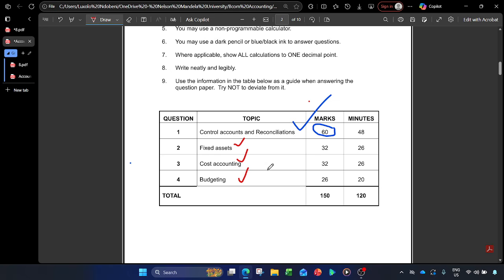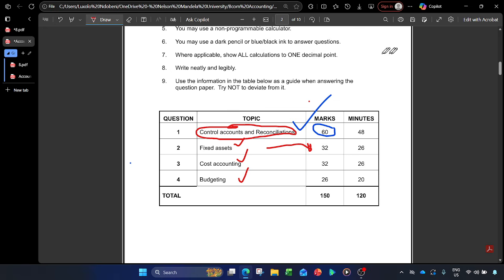So I think you will make sure that going to the paper, you understand all of them, especially the reconciliations, because they are the ones that have more marks in your exam, right? But I will do a separate video for the reconciliations, because I want you to understand more of them. But in this case, I just want to remind you about the fixed assets, which is the note number 3, and a lot of people often struggle with that, right?